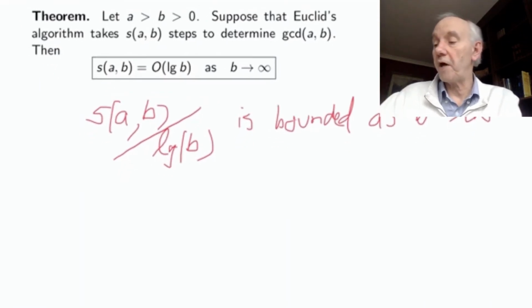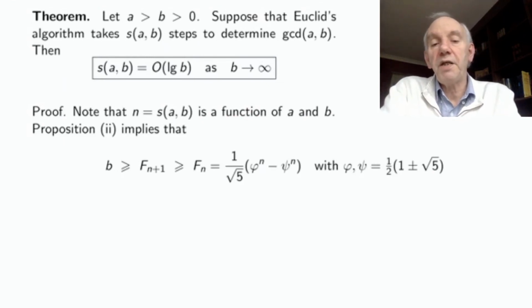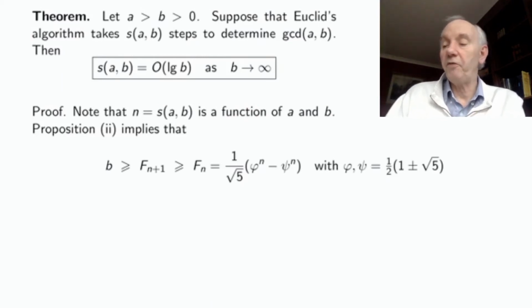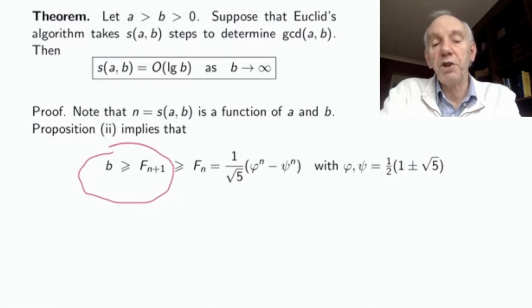Okay, let me now prove that. And to prove this, I just need the formula for the nth Fibonacci number. So remember, as I said before, the proposition we've just proved tells us that B has to be at least as big as the n plus first Fibonacci number. Now, that is, of course, typically bigger than the nth Fibonacci number, and the formula for the nth Fibonacci number is 1 over root 5, phi to the n minus psi to the n, where phi and psi are these roots here,